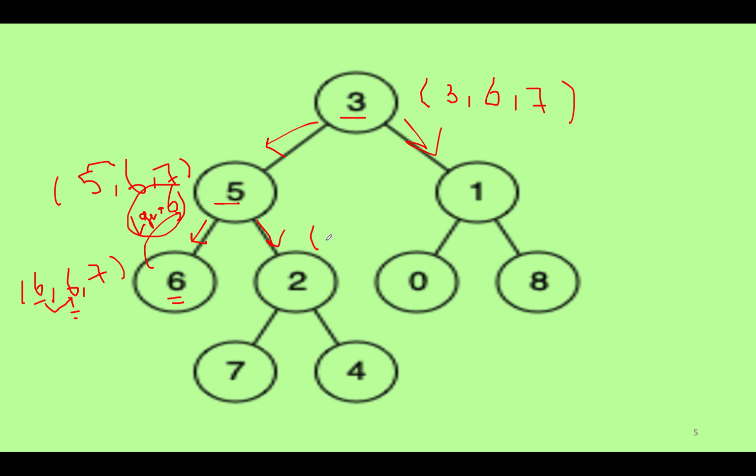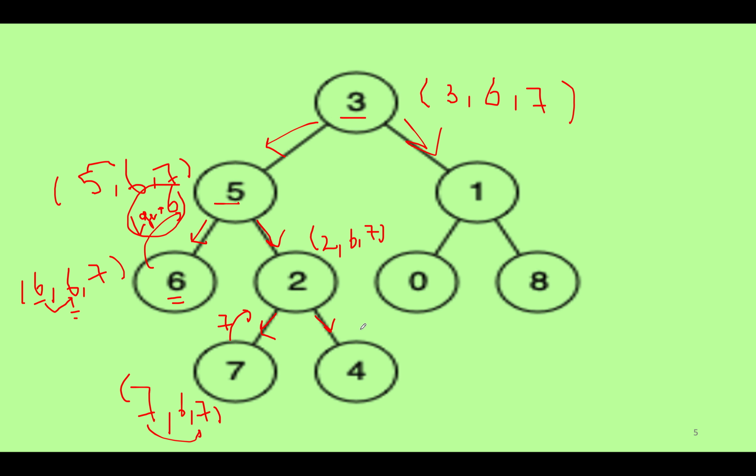So while invoking in the right direction, what parameters would be passed? 2, 6, 7. Is 2 equal to 6? No. Is 2 equal to 7? No. We again have to perform the split operation, and down this path the 7 node will be passed, 7, 6, 7. It's again a happy case. 7 turns out to be equal to 7, and we will abort that process. So this would return 7.